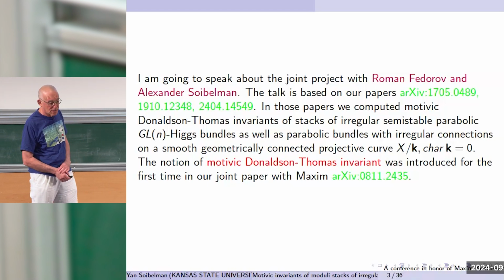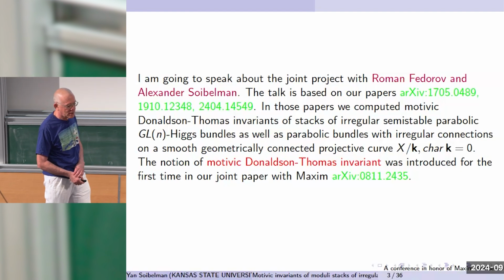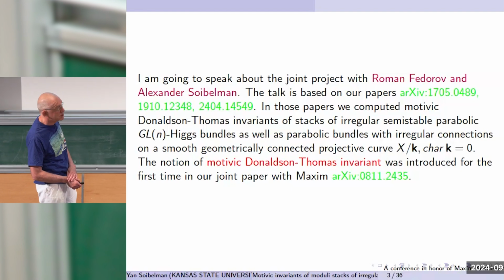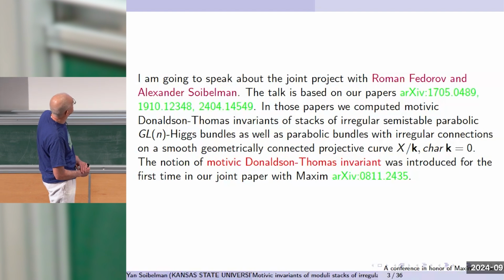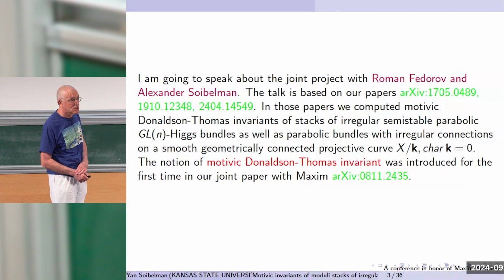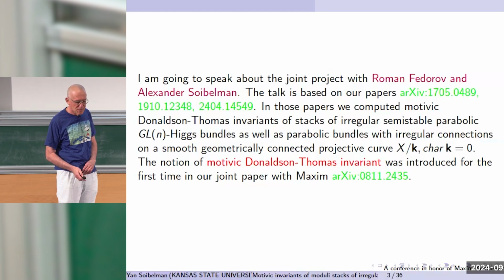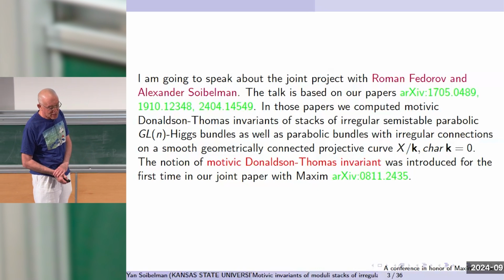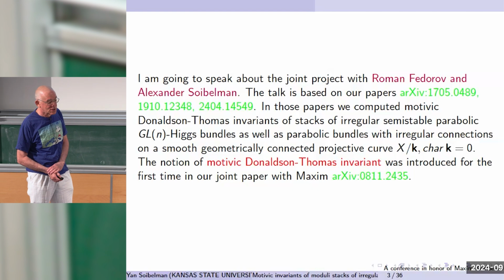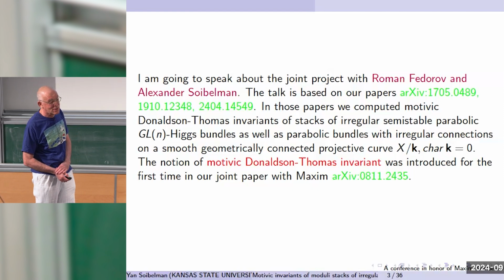We do it for geometrically connected projective curves, but over an arbitrary field of characteristic 0, so the transcendental methods like harmonic metrics and so on are not available. All right, now, and here the notion of Motivic Donaldson-Thomas invariant, the quantity which we have computed,